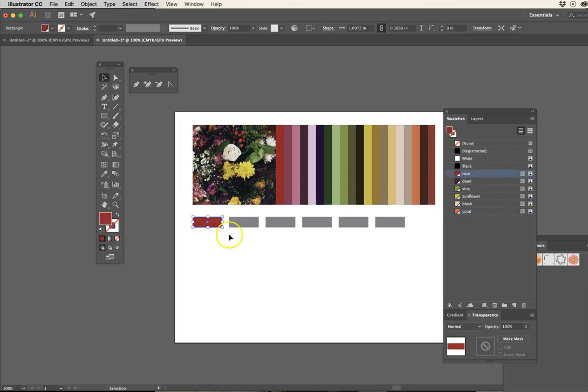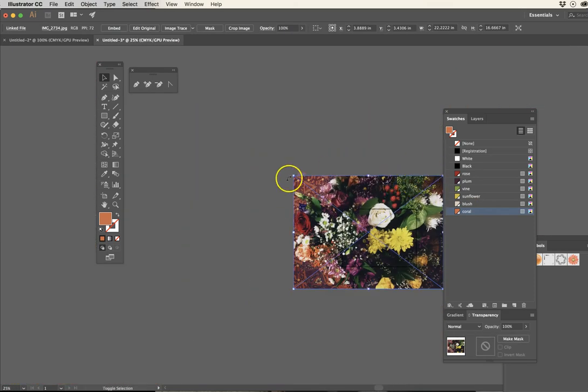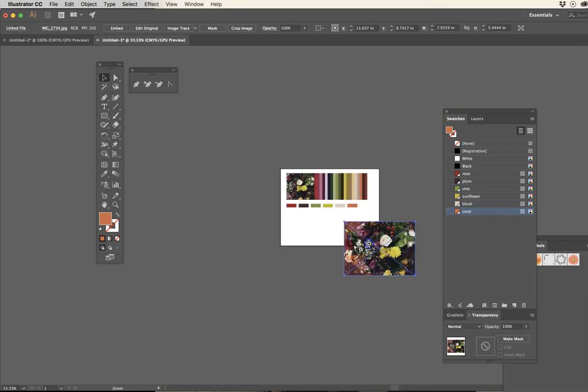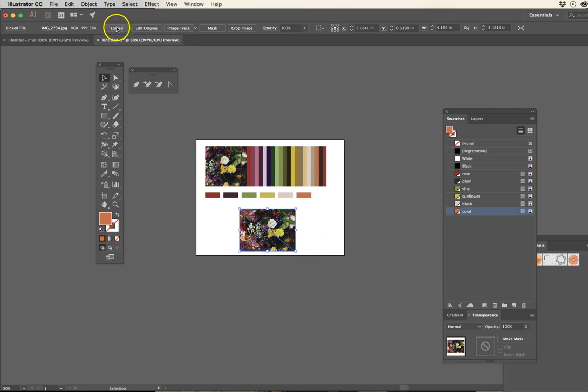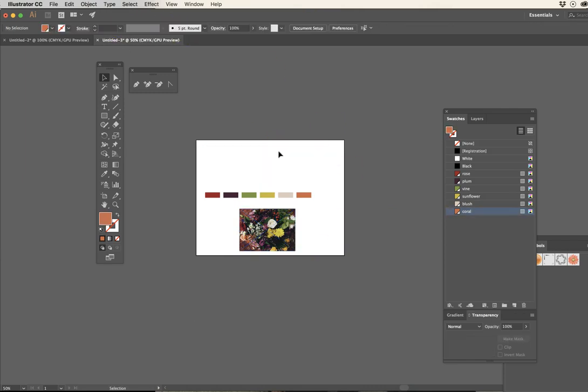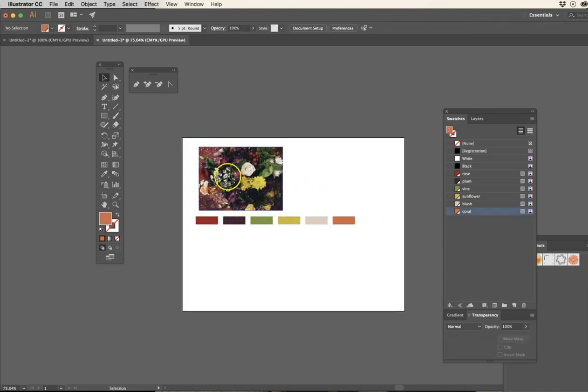My first chip is going to be Rose. Click on my second chip to select it, choose plum, select my third chip, and so on and so forth. And that's a really quick and easy way. As you can see, if I bring back that original image, pretty big. When I bring back my original image, and again, I'm going to embed it, even if I don't have this image from the color generator, you can see this is a really nice sampling, and I've got my colors now